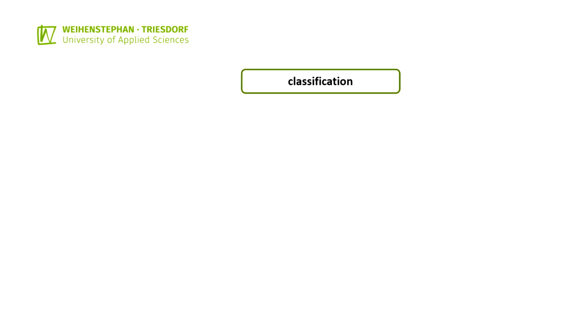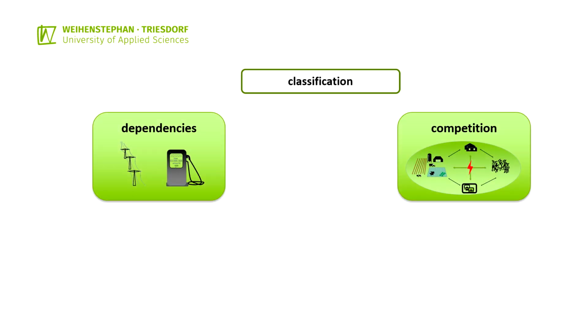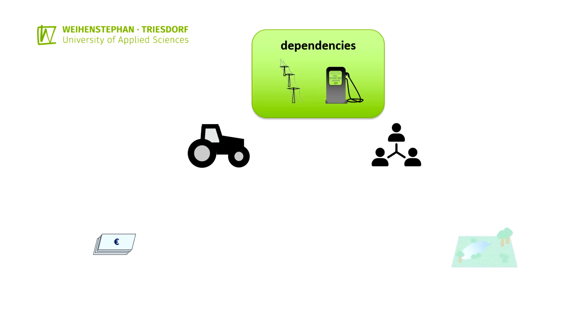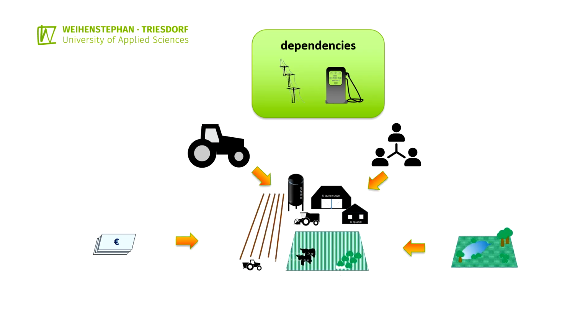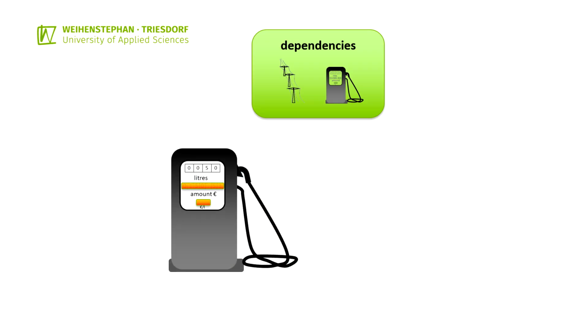For the analysis, it is advisable to classify energy resources according to the degree of dependence on external supply and the competition between the sub-areas of a farming system. The dependence on external energy supplies can have far-reaching economic, technical, social, and ecological consequences for farming systems. 2 of the most important consequences are the increased vulnerability to price fluctuations and supply security.